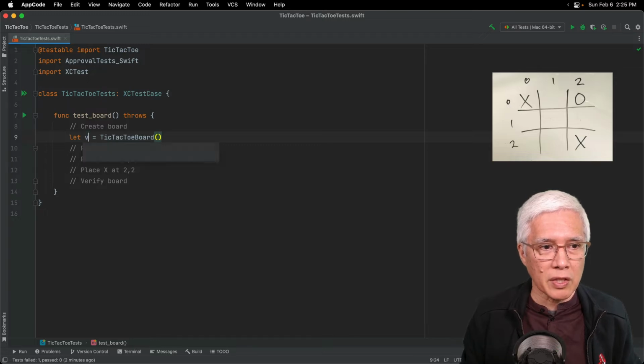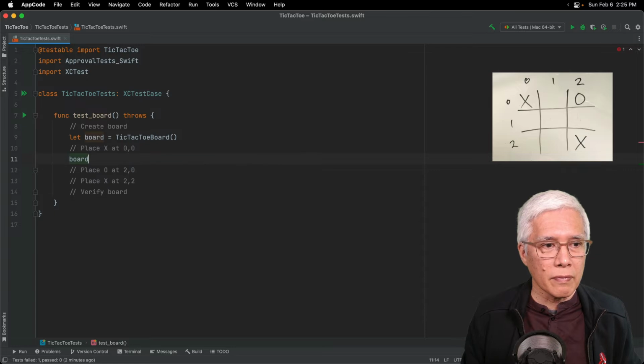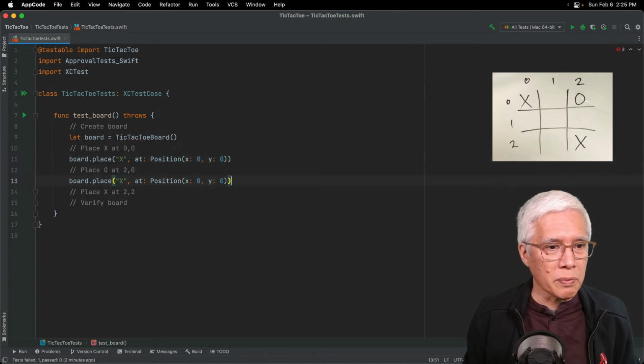So make a tic-tac-toe board and hold on to it in a variable. Then I can say place X at 0, 0 as XY. Duplicate this.